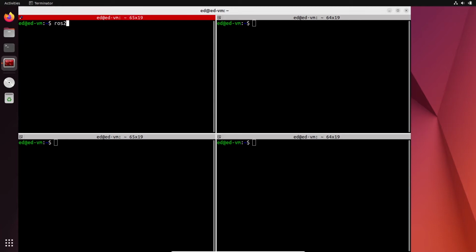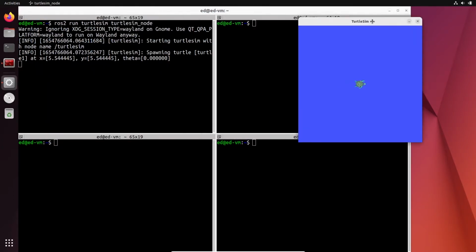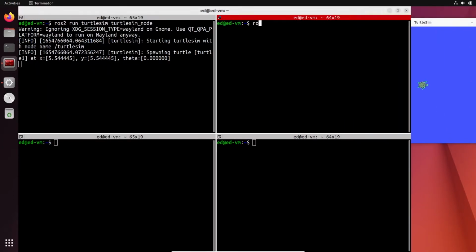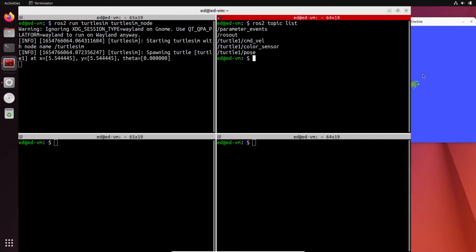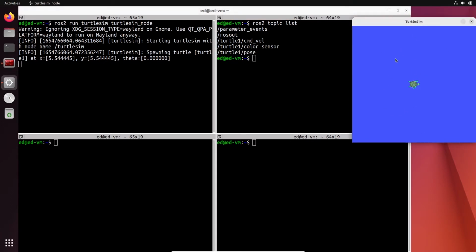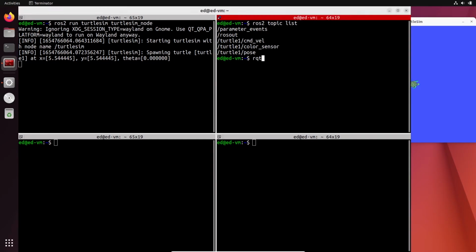So I'm going to run the turtlesim, so ros2 run turtlesim turtlesim_node again. Okay, we have this, and if we do ros2 topic list, let's see what we want to receive. So here, cmd_vel is actually to send data to the turtlesim. The pose is actually published by the turtlesim node. So if I do rqt_graph,